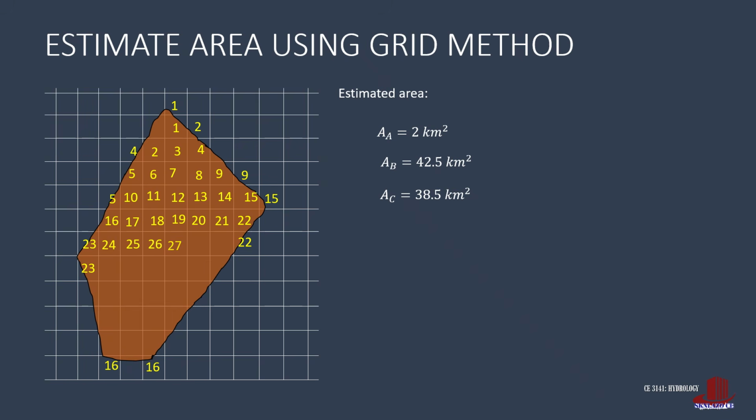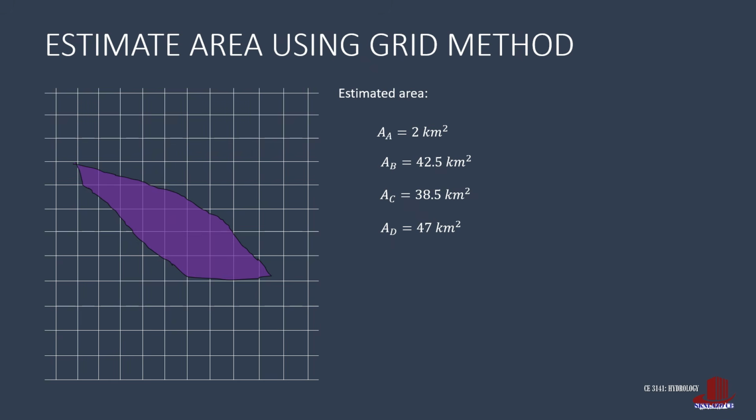But grids 24 to 29 are complete. Grids 30 until 34 are also complete, but we take 35 as two combined grids. 36 to 39 are complete, and 40 is combined. Grids 41 to 43 are complete, but 44 is combined. 45 is combined, but 46 is complete, and 47 is combined. The area is 47 square kilometers for Station D.